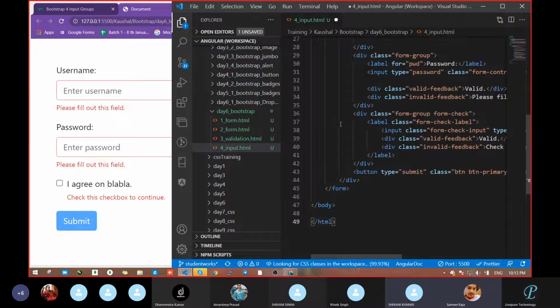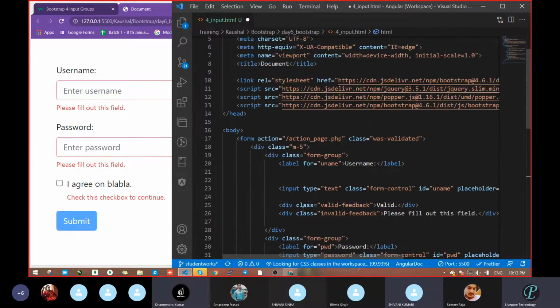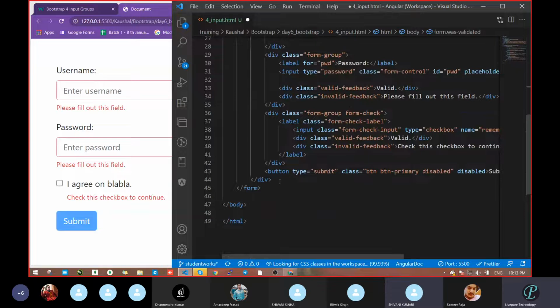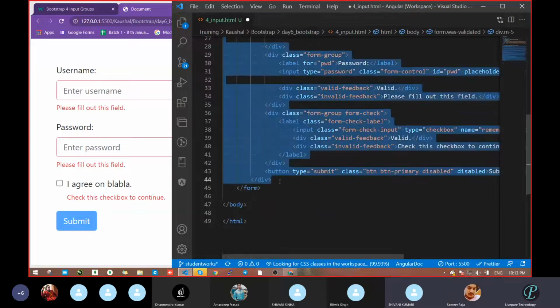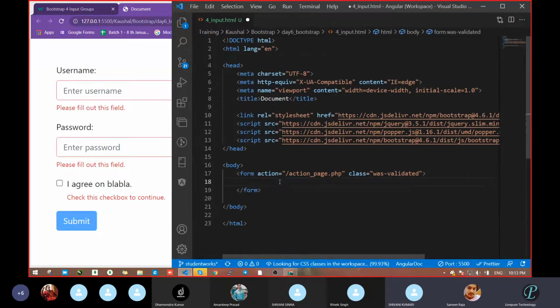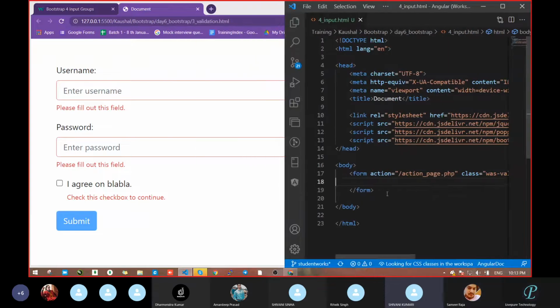Everyone will attend class wearing a mask. Sweta, you have a mask? Yes, sir.